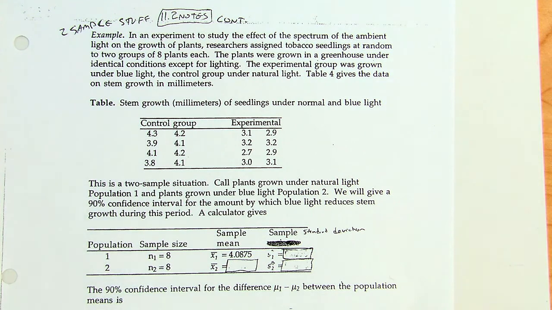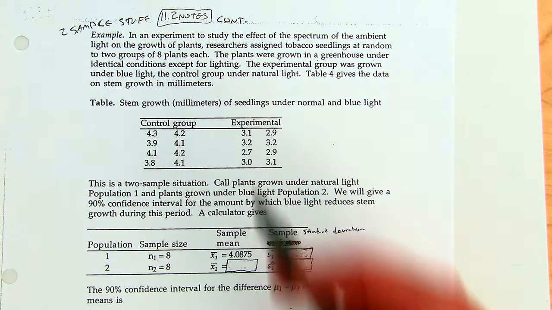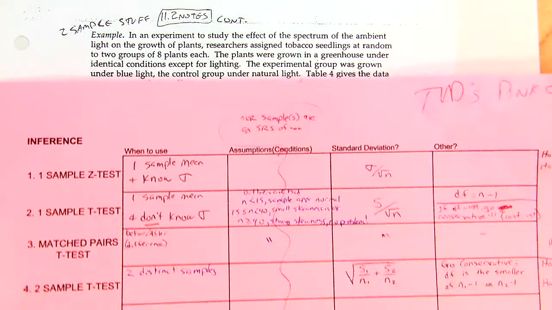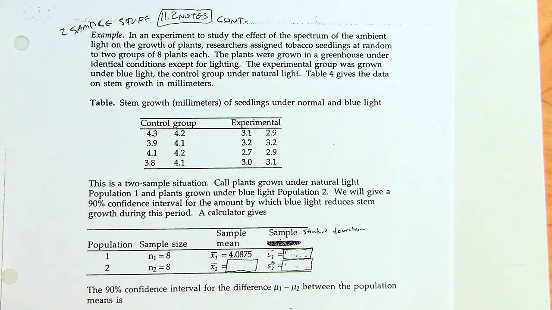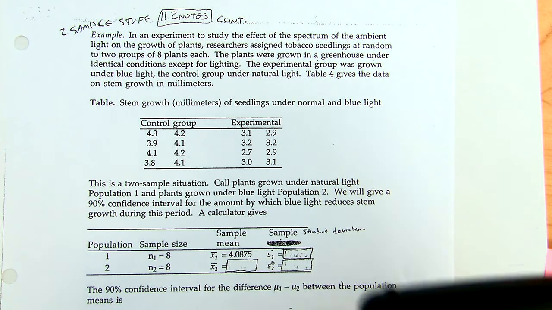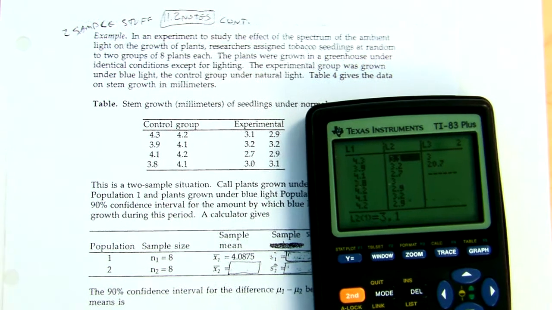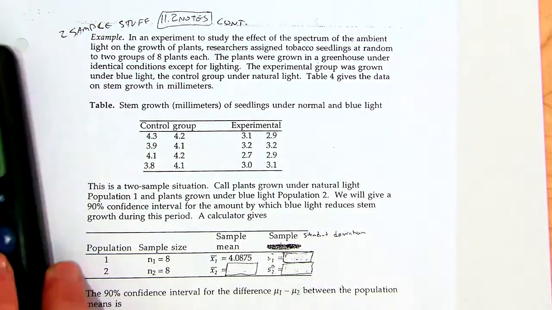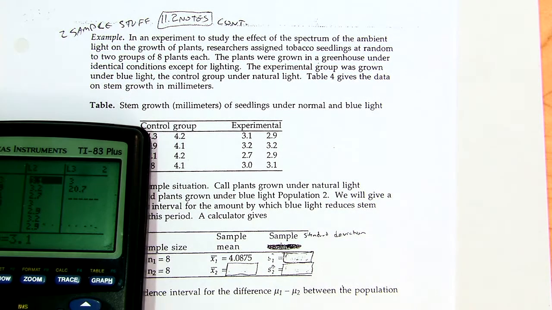So here we have our 11.2 notes, also known as two sample stuff, also known as navigate the greenie. I'll let you read the problem, but what we have here is two distinct samples, control group and experimental group. I took the liberty of putting the data in my calculator, and since we're doing two variable statistics, two samples, I pushed two variable statistics